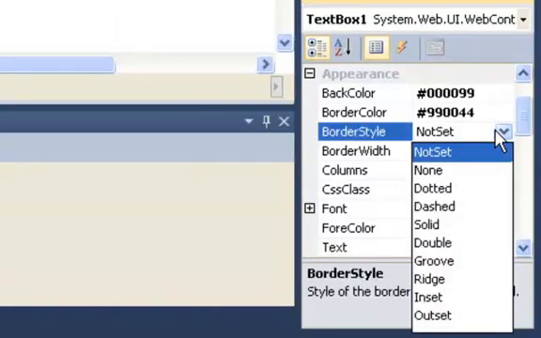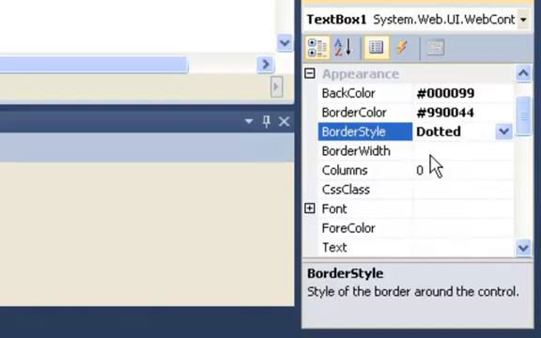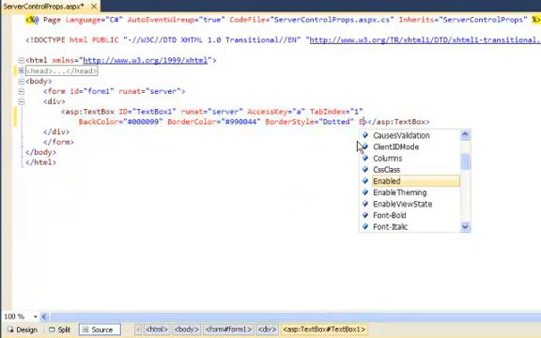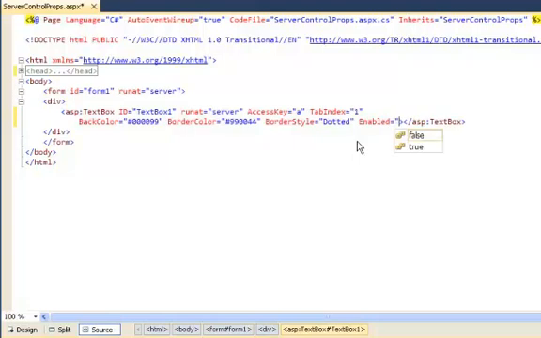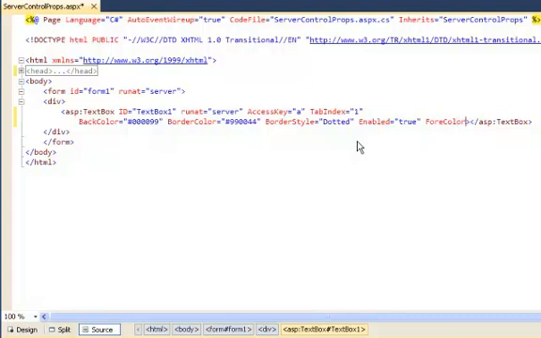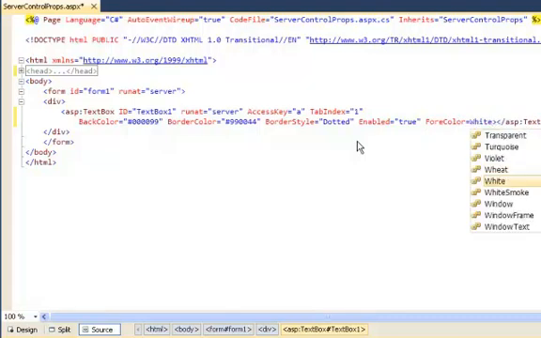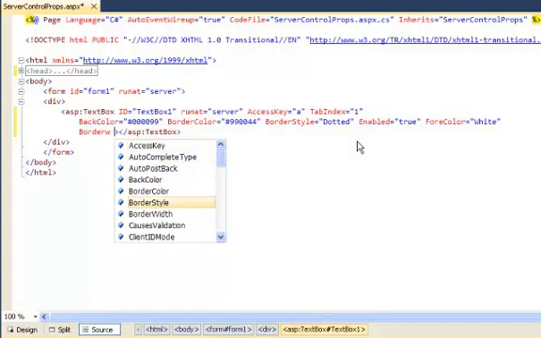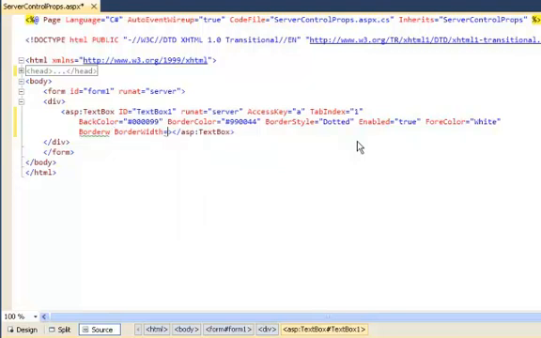Border style not set, I can change it, and I can make it dotted, and it also adds it up here into the code. Let me add some values to enabled equals true, and then for color equals white. I believe I still need the brackets. And what else do I want to have? I want to have border width equals 4,